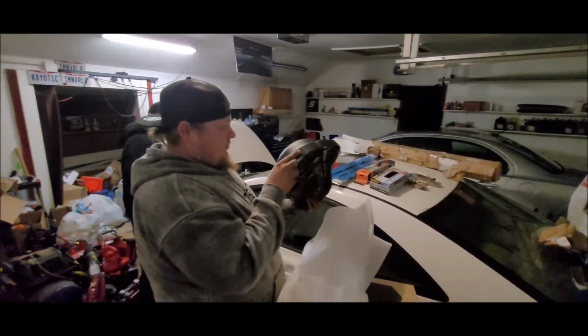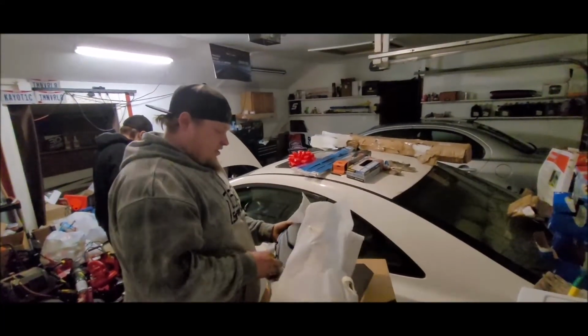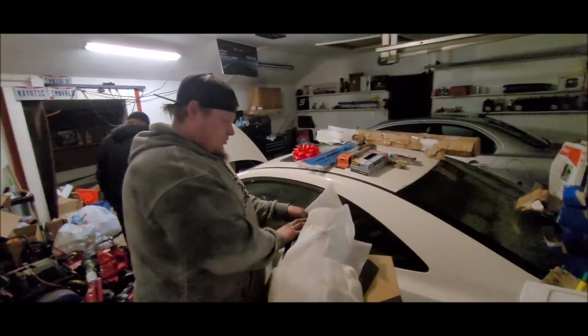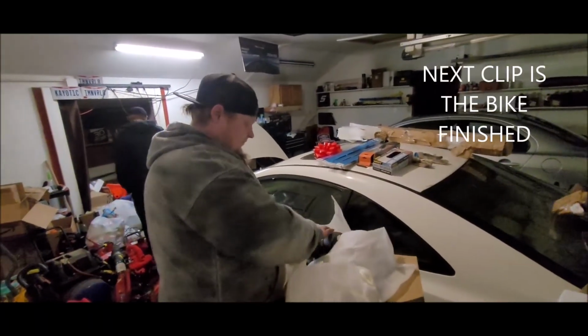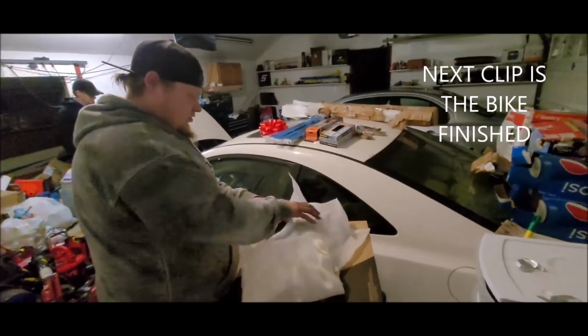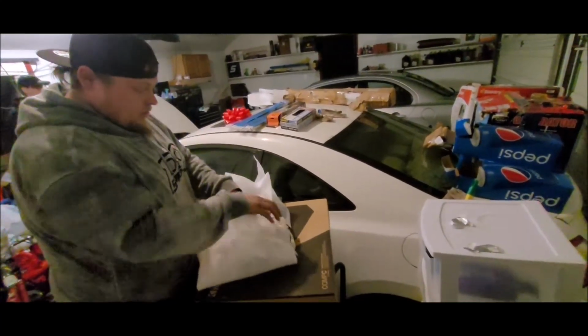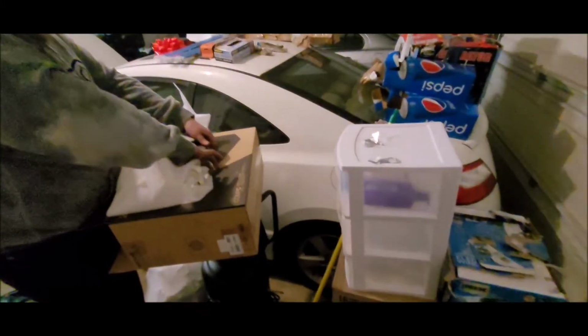Yeah. Good. Can't wait to see it all put together. If everything goes as planned, it'll be back together tomorrow. Really? Yep. All right. Cool. I was over there wiring in the handlebar wire extenders, everything else. So hopefully it'll be back together tomorrow. Cool. Sweet. And I can ride it Wednesday night because it's gonna be nice. Yeah, it's supposed to warm up again. It's supposed to get a little bit colder